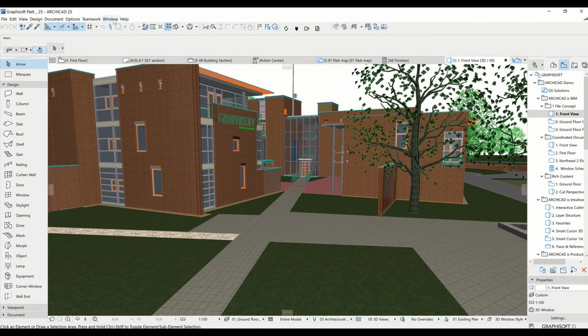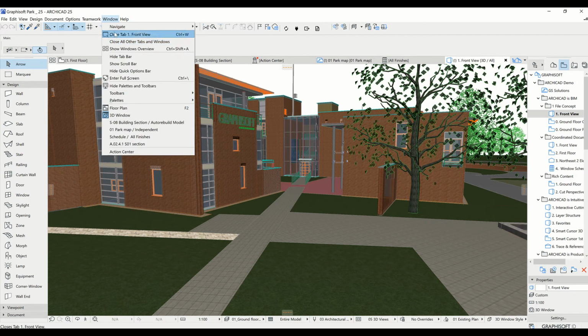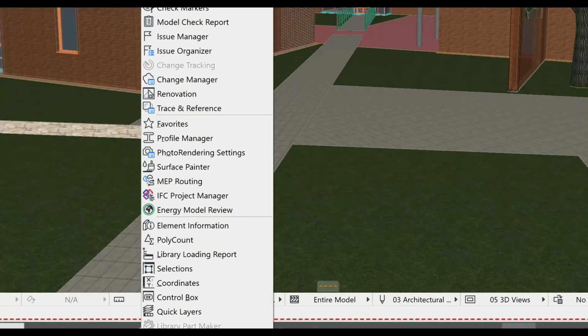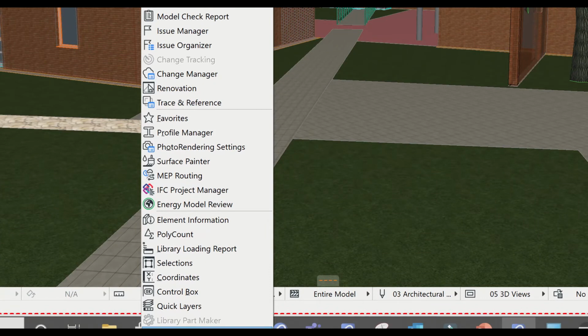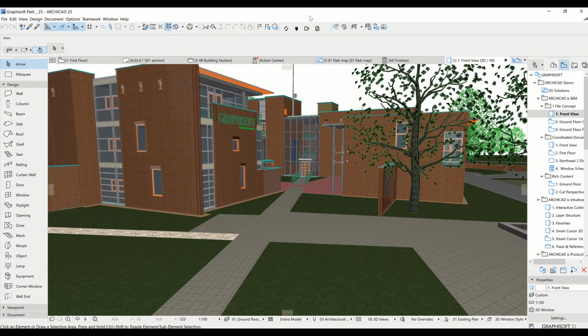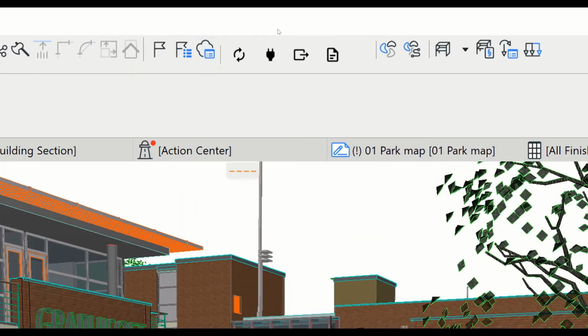Here, the first step is you go to Window, Palette and Datasmith palette. You will have it just below and you just have to click there. Once you click there, you will have a toolbar set of these 4 buttons. You can adjust it anywhere. I have adjusted it to my preferable place. You can do it at any place you want.